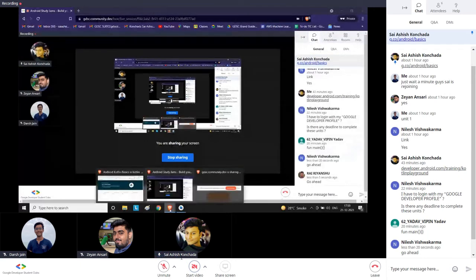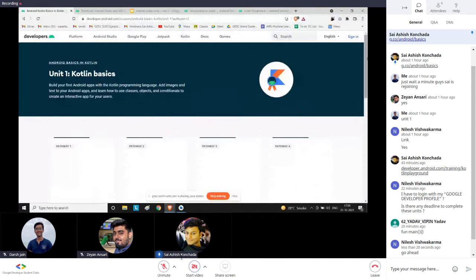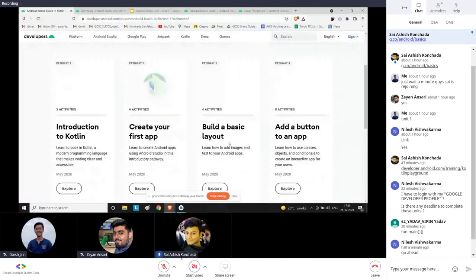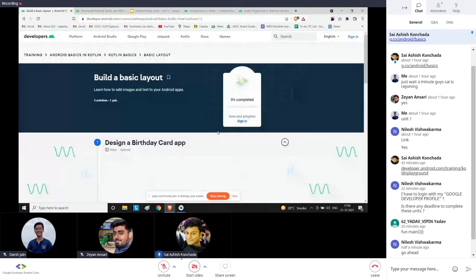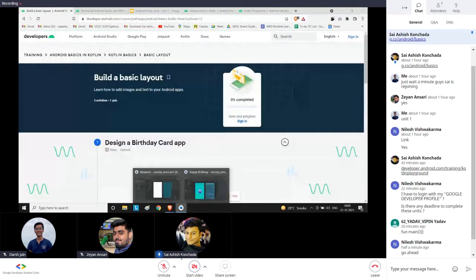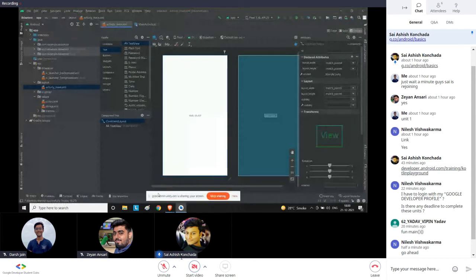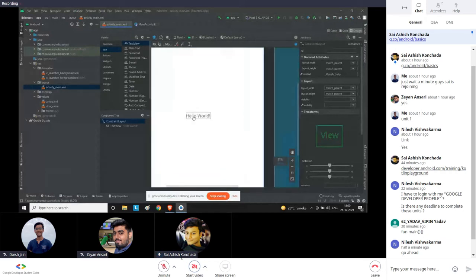This is not a very big unit, and it will be an interesting part: building a basic layout, and how we'll add images and text to Android apps. First of all, this is your Hello World app, right? This is what your app will be displaying. If you maximize it, it has the text which says Hello World.